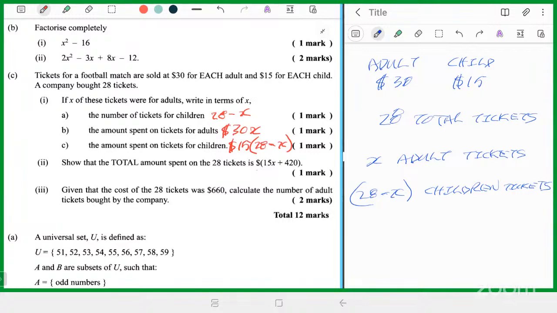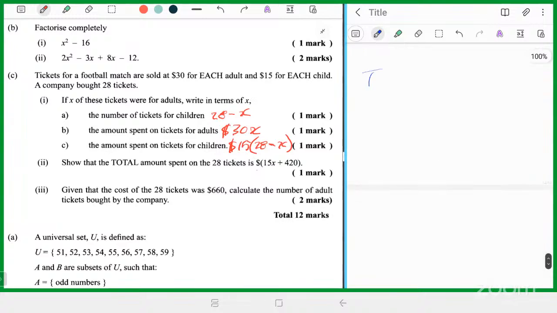The question says, show that the total amount spent for 28 tickets is this. The total amount spent for 28 tickets is this amount plus that amount, the amount for adults plus the amount for children. So total spent is equal to 30x plus 15 into 28 minus x. I'm working in dollars, so put on the dollar sign. This becomes 30x dollars